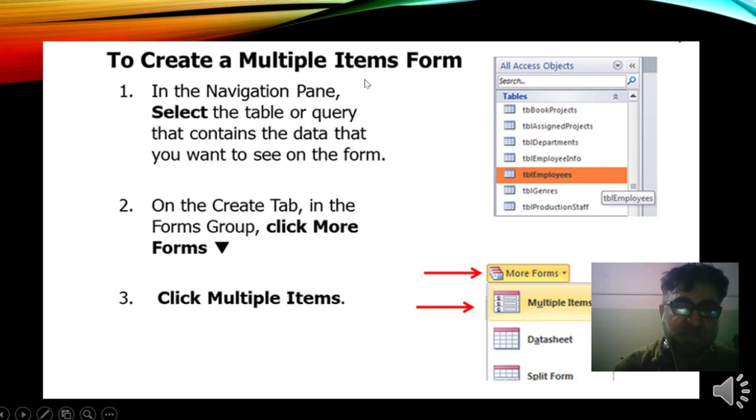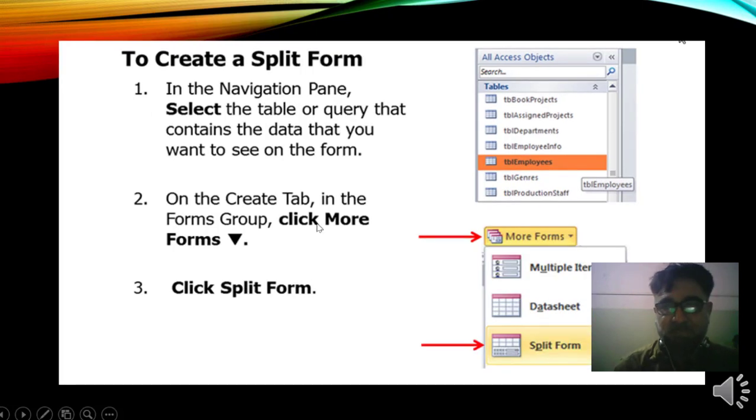To create a multiple item form, in the navigation pane, select the table or query that contains the data that you want to see on the form. On the create tab in the form group, click more forms, click multiple items. To create a split form, in the navigation pane, select the table or query that contains the data that you want to see on the form. Number two, on the create tab in the form group, click more forms, click split form.